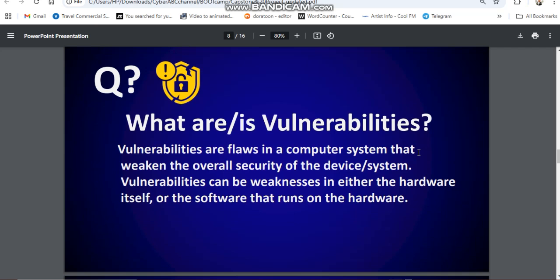We said that vulnerabilities are flaws in computer systems that weaken the overall security of the device or system. Vulnerabilities can be weaknesses in either the hardware itself or the software. Sometimes configurations of software are wrong and it opens the software to attack. Even the hardware too, most times.